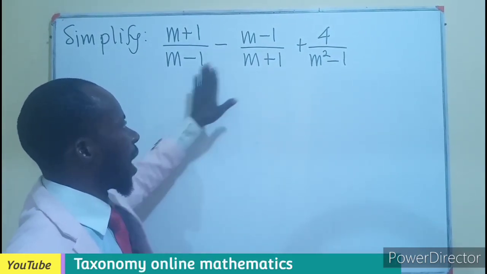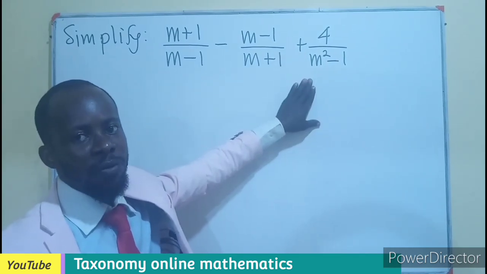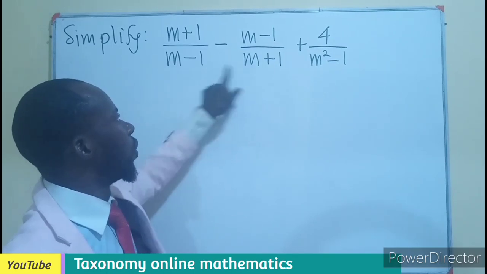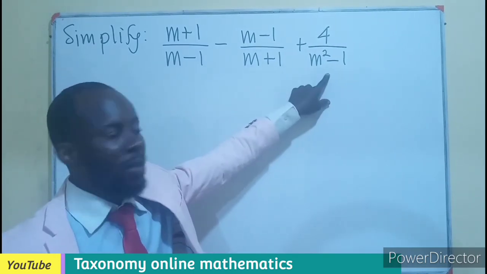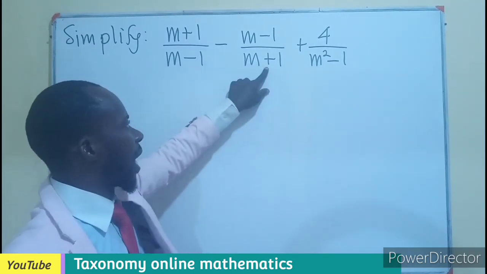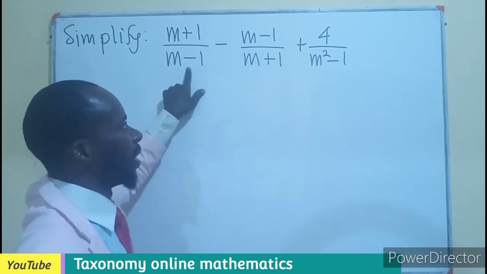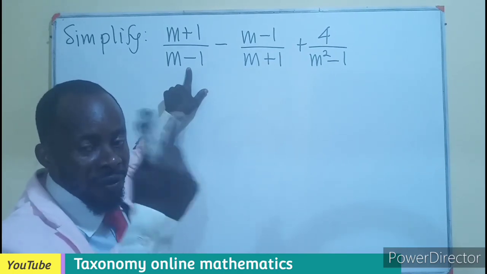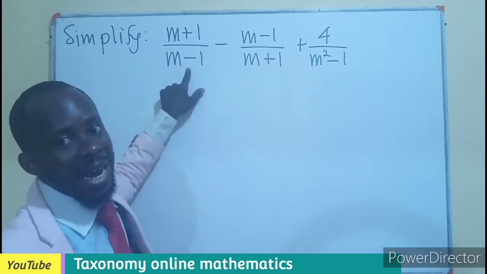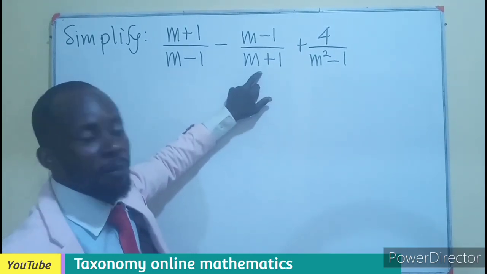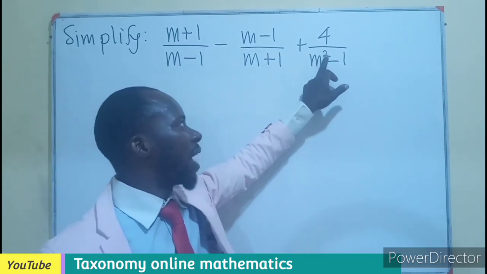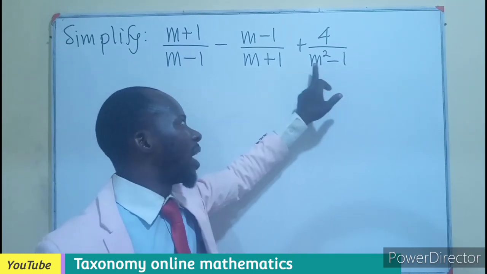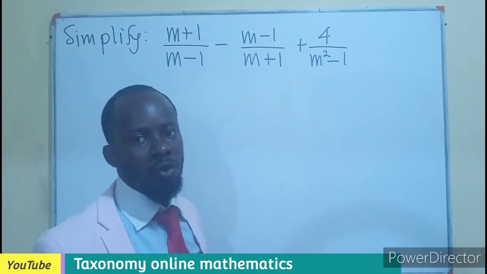So we know that if we are dealing with fractions, we look for the LCM of the denominators. So what is common to these three terms? But look at this: since these have a plus and a minus, we cannot get any different variable that can be the LCM. So we have to multiply them. But in the case of m squared minus 1, where 1 is also a perfect square and m squared is also perfect,